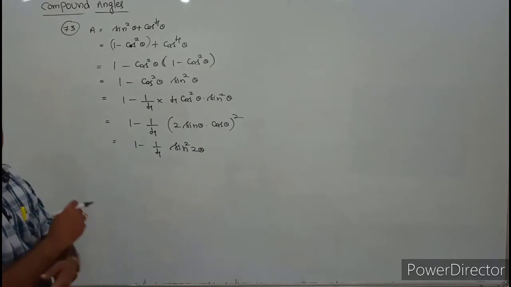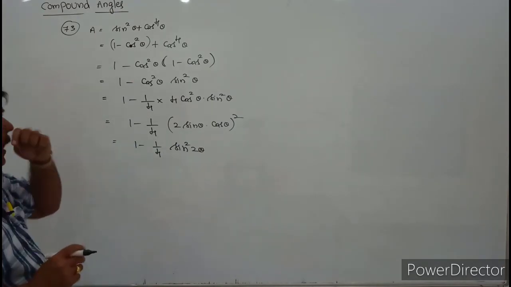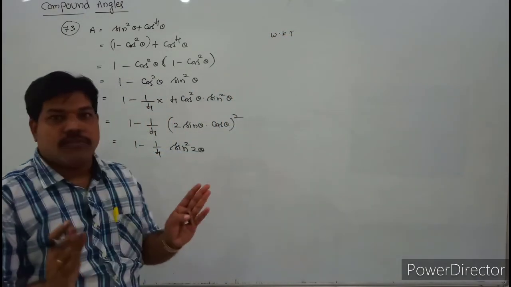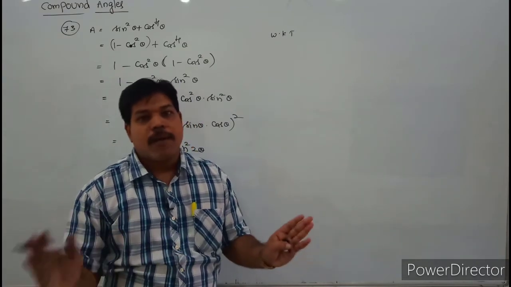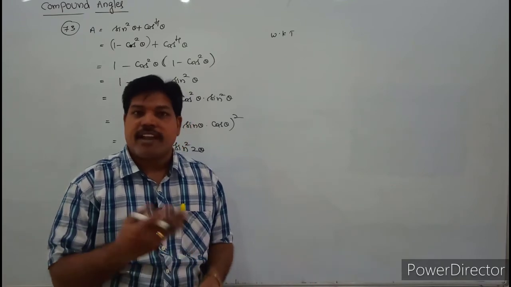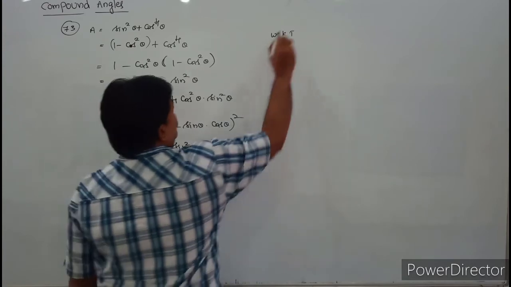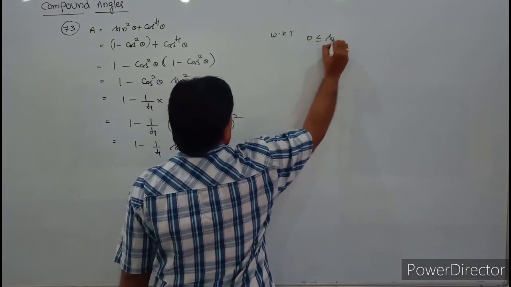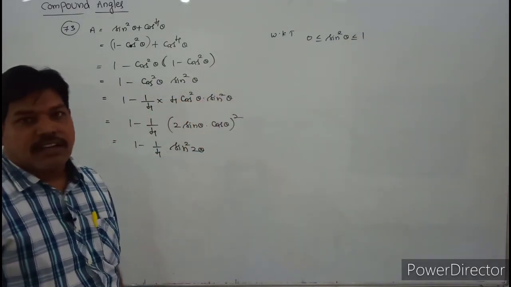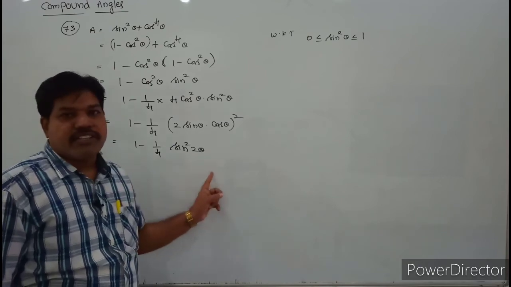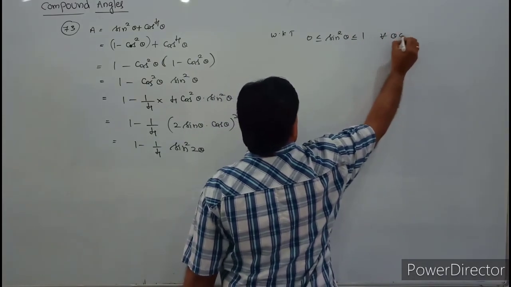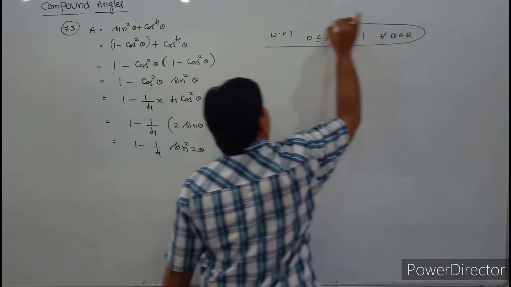Sin square 2 theta. So what is the value? Already we know that the sine value lies in between minus 1 comma 1. Minimum value is minus 1, maximum value is 1. But sin square theta value is positive. Yes or no? So that value lies in between 0 and 1. We know that 0 is less than or equal to sin square theta is less than or equal to 1, for any term. So here sin square 2 theta is there. So I will take that for all theta belongs to R. So this condition I am going to use here.